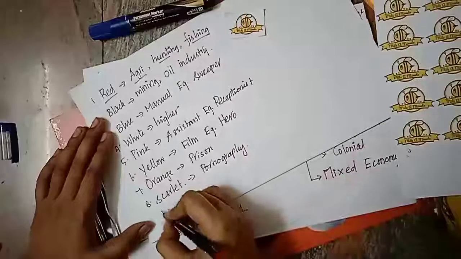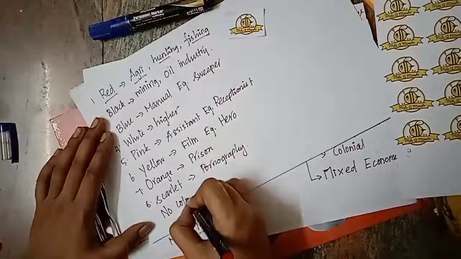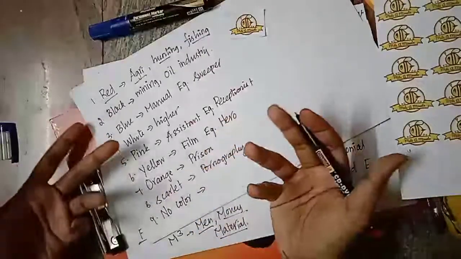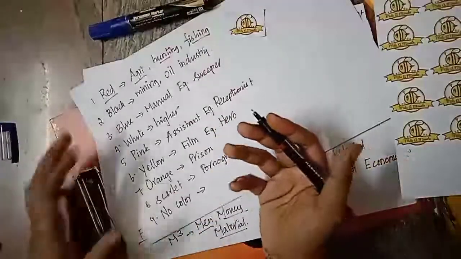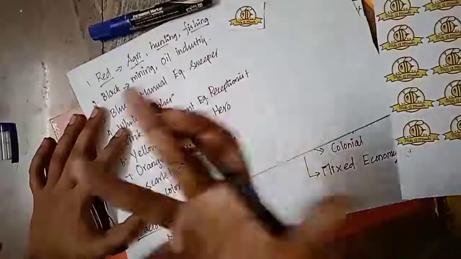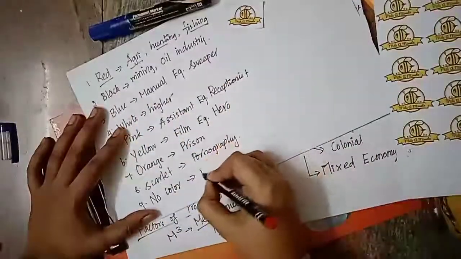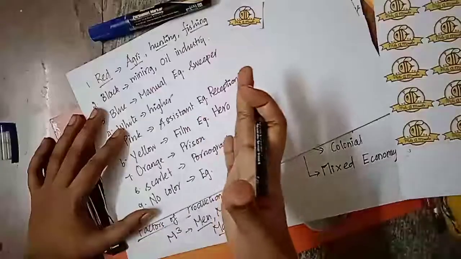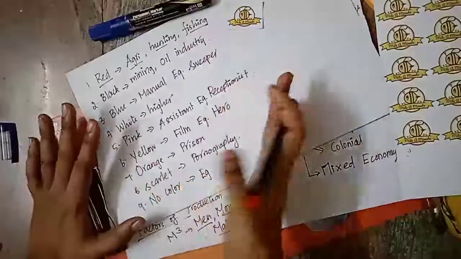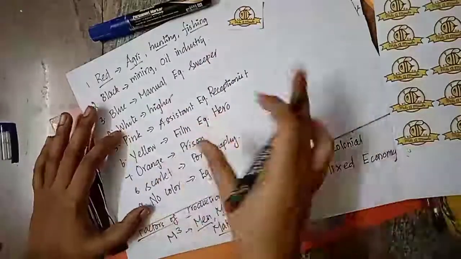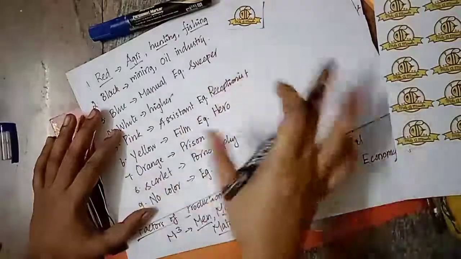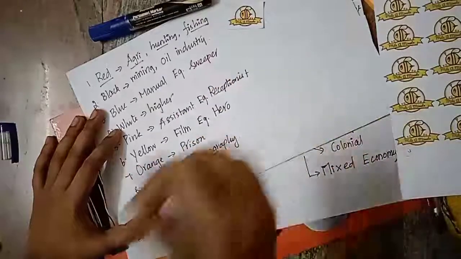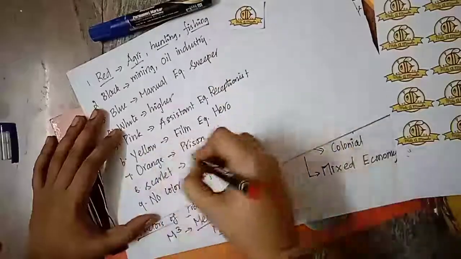And then we have no color. For no color, we can have one remembrance: people who do not have a job. It is not like they don't have work. They have something to do, but they do not demand money for the job. They do something and don't demand money for it, and they come under no color.